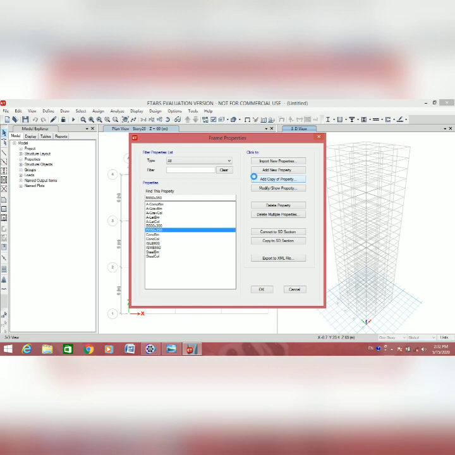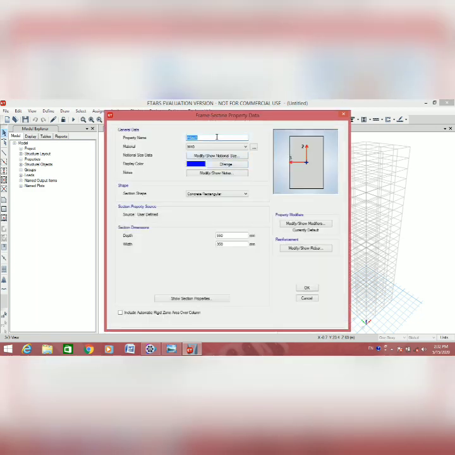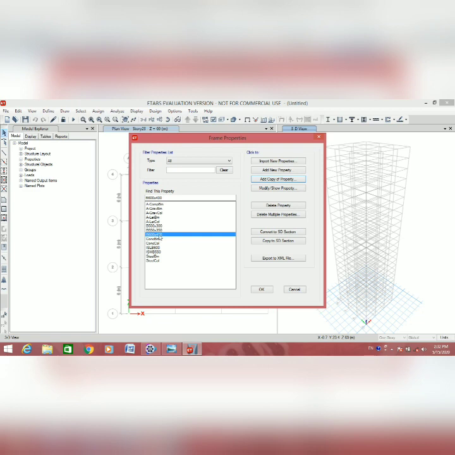Again add copy of property, beam 600 cross 400, change the dimensions to 600 and 400, and then click OK. All three sections of beam are generated.